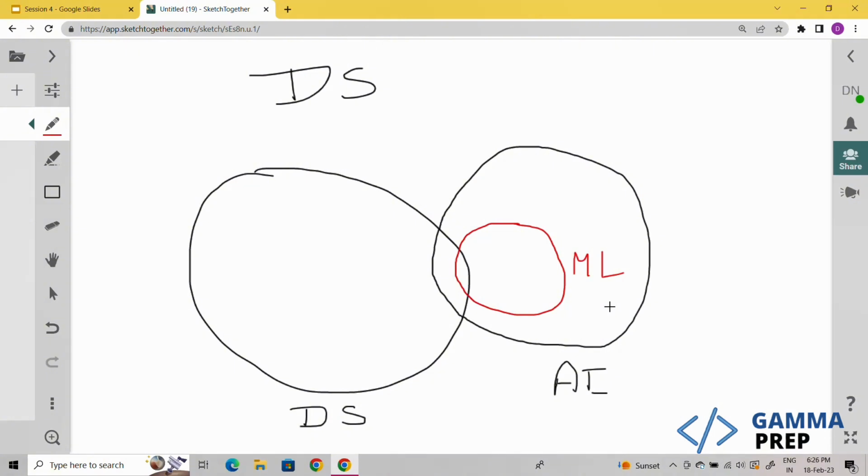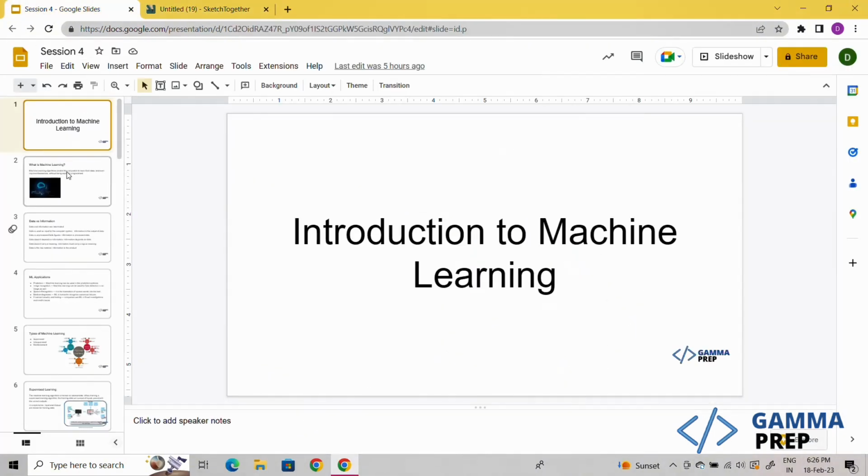That's pretty much data science, AI, ML. So data science is a broader concept. Machine learning is a subset of AI. And what is exactly AI? AI essentially means that we are making the machines think like humans do to make decisions based on the data that we are providing them.